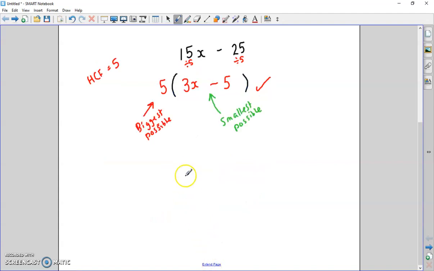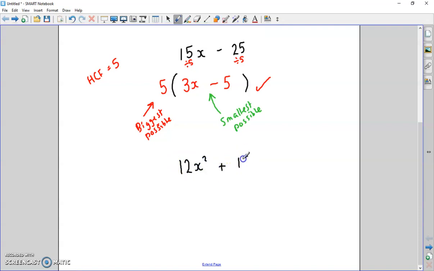Where it gets a little more tricky is when you have to divide by letters as well. Now you were timesing by letters last week. Remember, x times x made x squared. Well, now you need to divide by letters. Now then, how would you know if you need to divide by a letter or not? If we have a look at an example,